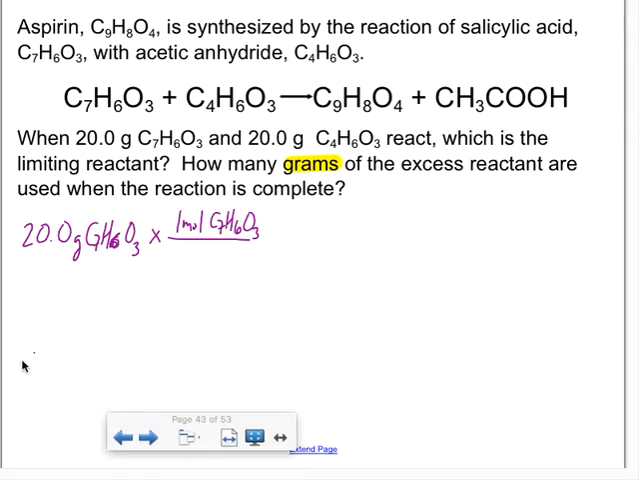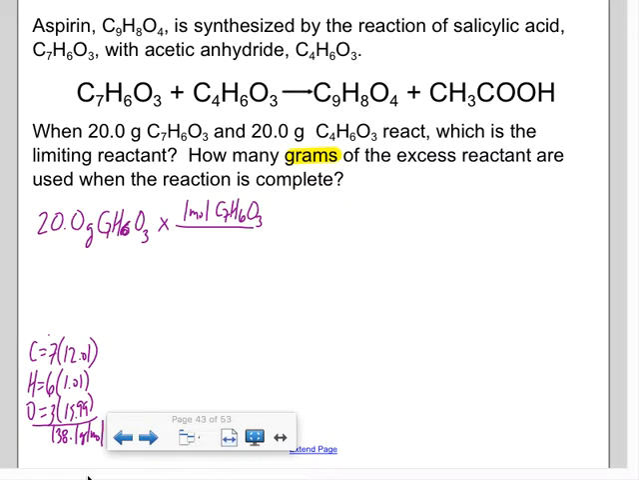Just slide this out of the way. I have carbon, 7 of them at 12.01. I have hydrogen, 6 of them at 1.01. And oxygen, 3 of them at 15.99. And I'm going to add them all up together, and I get 138.1 grams per mole. So that's my molar mass, and that's going to go here. So I'm going to take 20 grams divided by 138.1 grams per mole of